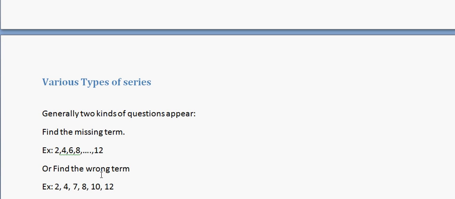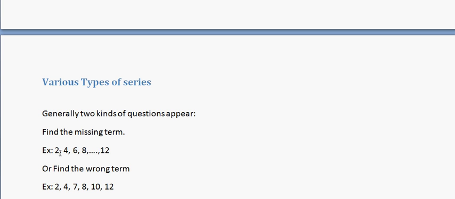So the best way out is to try these questions for 1.5 minutes, and if you are unable to crack it, just leave it, because you would end up wasting a lot of time, right? Because the logics can be many. In a single question there can be 2 or 3 logics, and you might not get a right answer which is there in the choices, right? So just leave the questions after trying for 1.5 minutes, because you would end up wasting a lot of time, right?